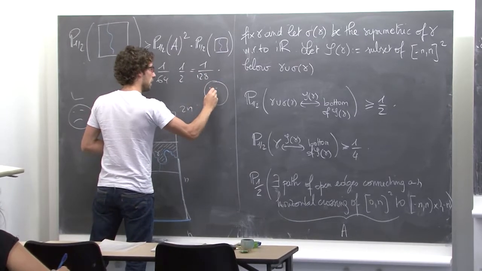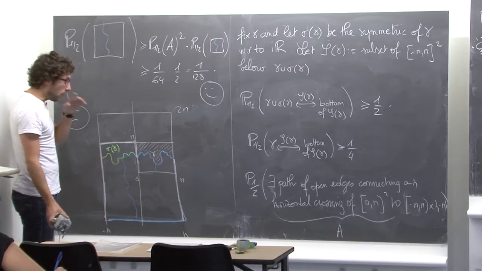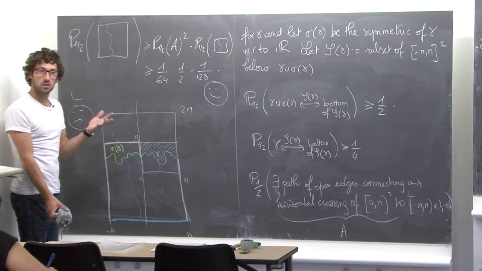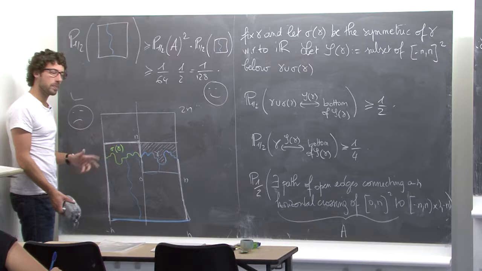Okay? Is it clear for everybody, this proof? So now it's very short, but somehow it took a few years. The historical proofs were actually a little bit more intricate. They were always based on the same idea.